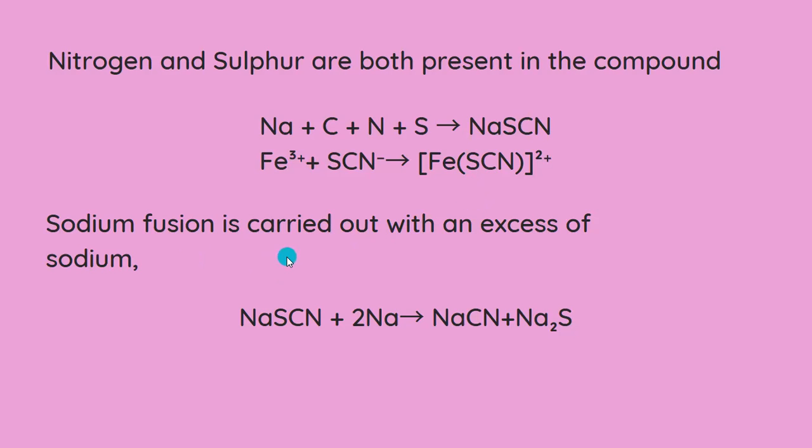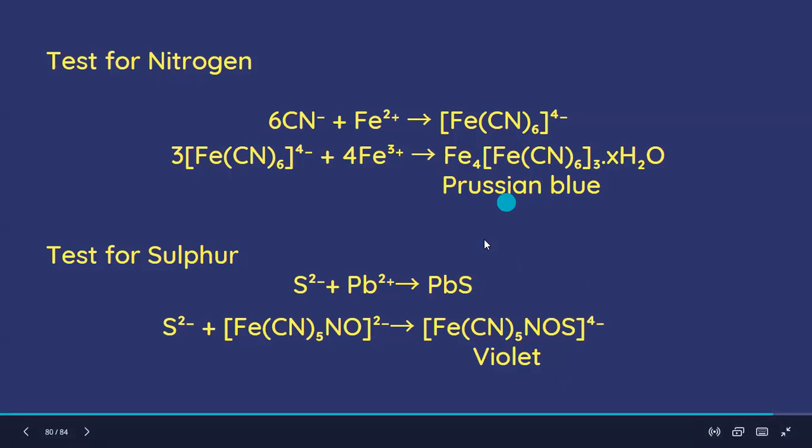Now, if the sodium fusion extract is formed with excess of sodium, it leads to the formation of sodium cyanide and sodium sulfide, and they will give both tests as usual. So you'll have the sodium cyanide reacting to give Prussian blue and